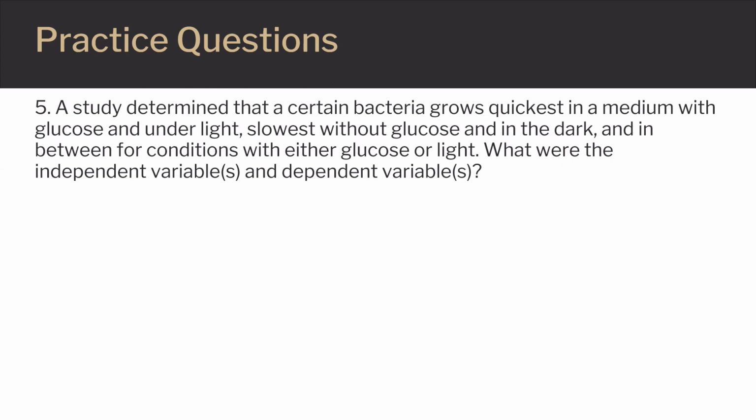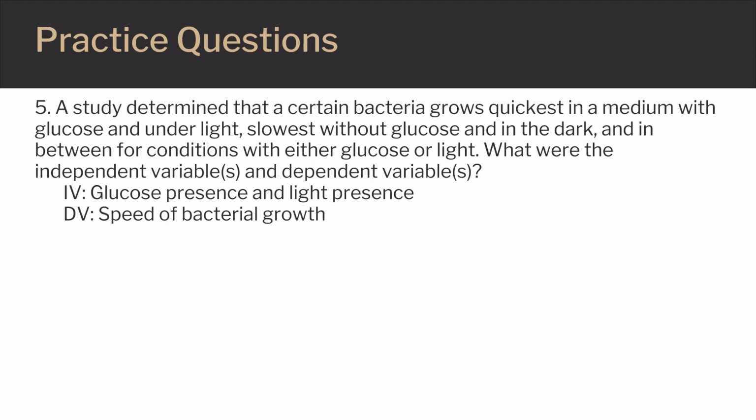5. A study determined that a certain bacteria grows quickest in a medium with glucose and under light, slowest without glucose and in the dark, and in between for conditions with either glucose or light. What were the independent variables and dependent variables? Take a moment to pause the video and think about it. The answer is that the independent variables are the glucose presence and light presence, and the dependent variable is the